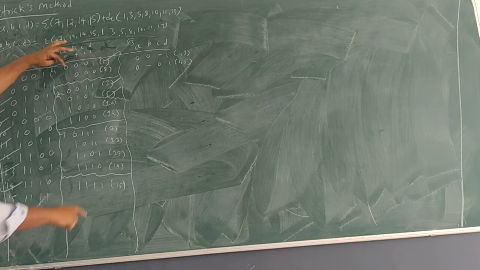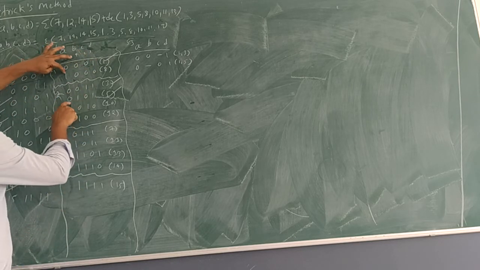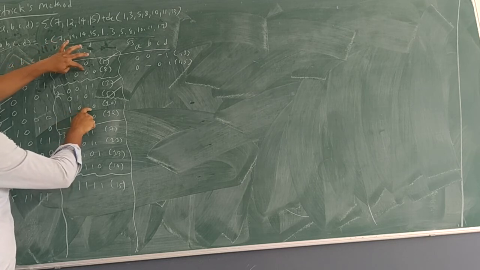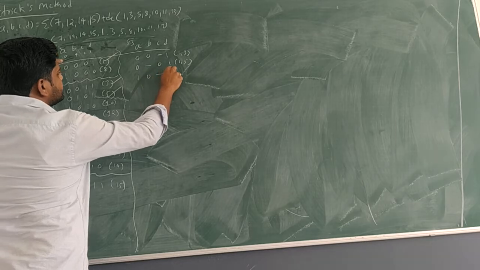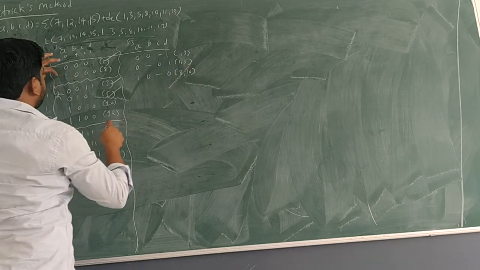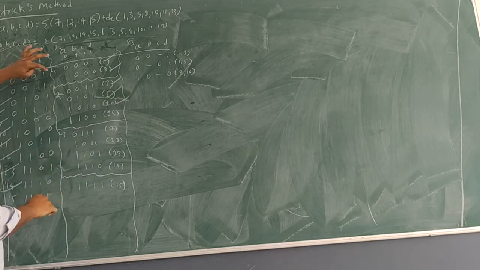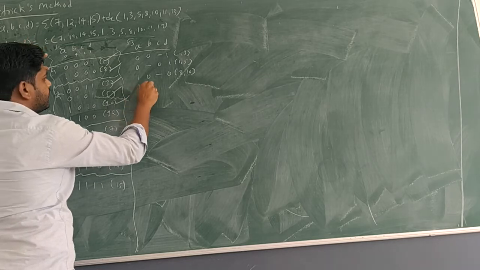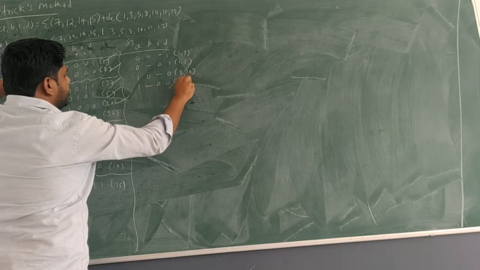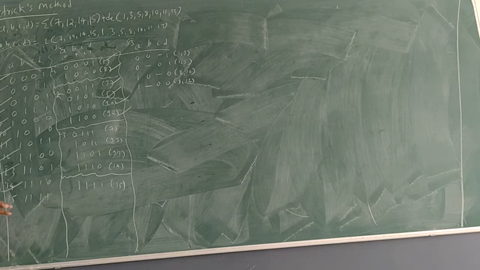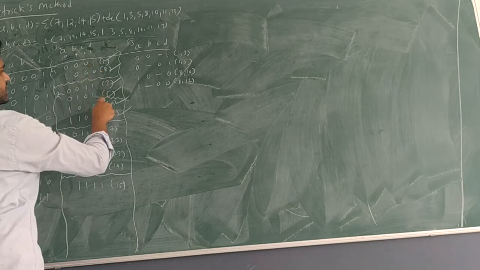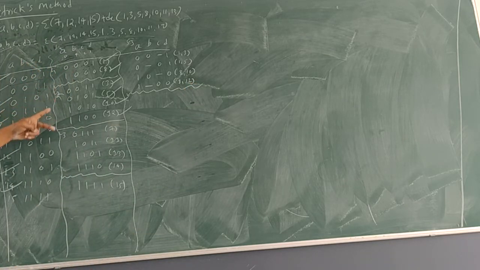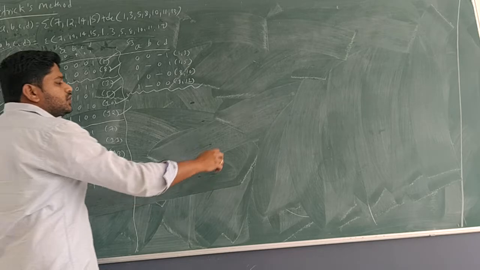Let's check with respect to 8. 8 3, not possible. 8 5, that is also not possible. 8 10, yes. 1 0 hyphen 0, that is 8 comma 10. 8 pass mark, 10 also pass mark. So next one, 8 12, 1 hyphen 0 0, that is 8 comma 12. 8 pass mark, 12 is selected now. So that closes between set 1 and set 2, that means L1 and L2. Now we are checking with L2 and L3. See, L2 and L3 has lot of symbols.